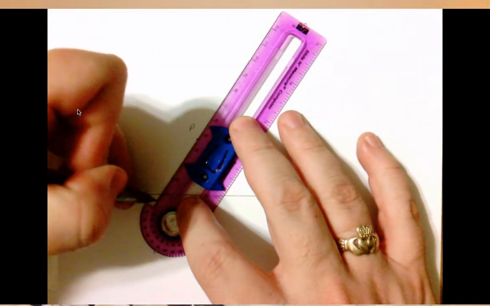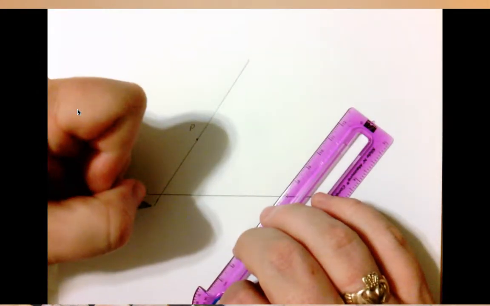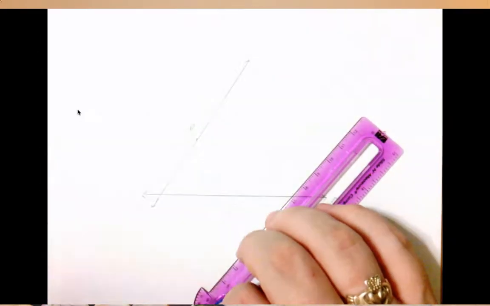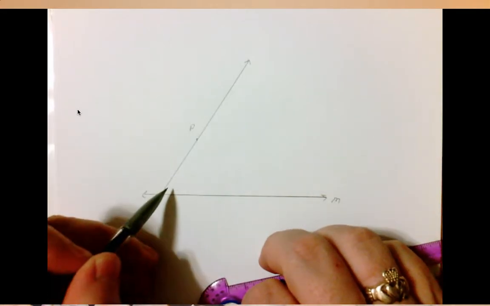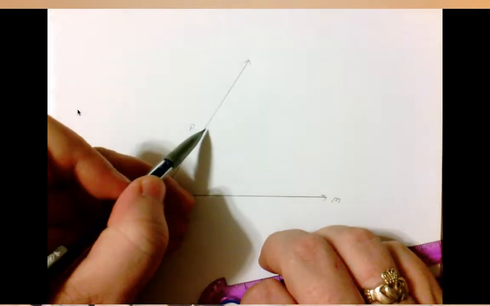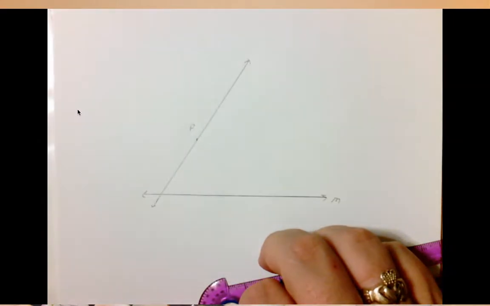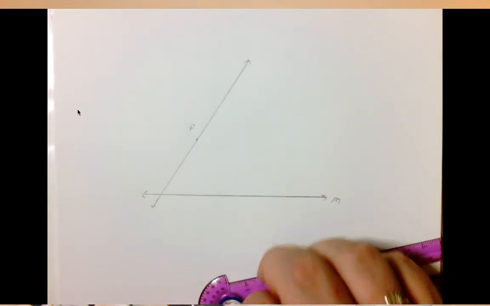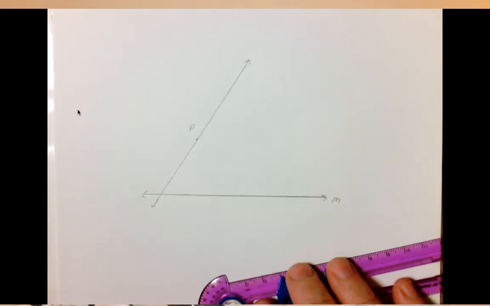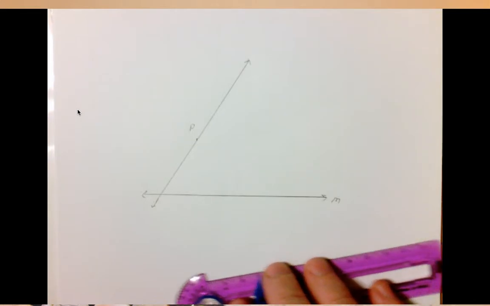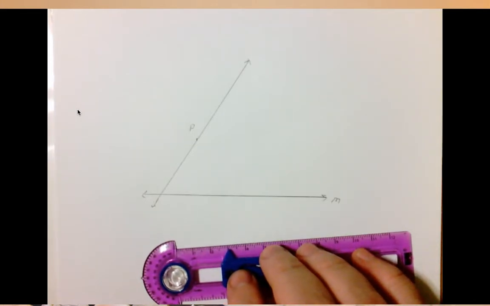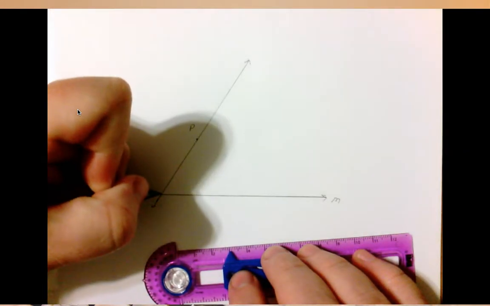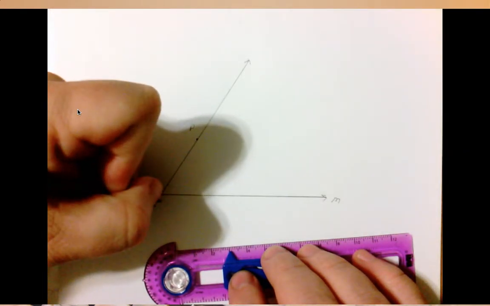And what this does is it creates an angle for us that we can make a copy of. In other words, we have an angle here, and we want to make a copy of that angle up here. So using our techniques for making copies of angles, which we've done recently, we're going to be able to make this line parallel. So we start off by calling this intersection point here point Q,